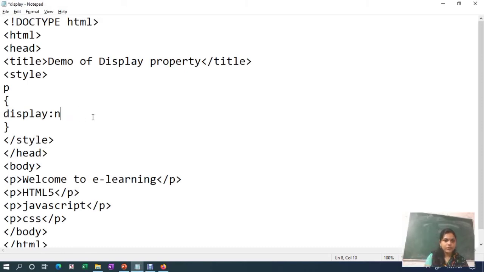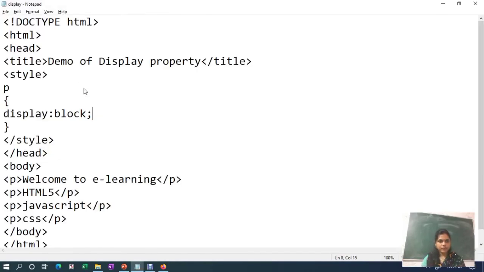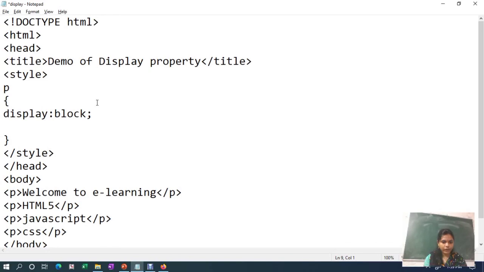If you use a block property, then here every content will be on the next line. Actually this is the default, so now let us give a background color for this so that you can identify it.